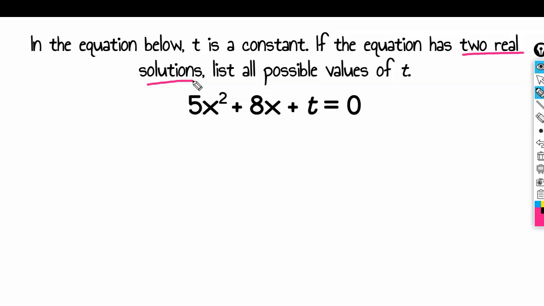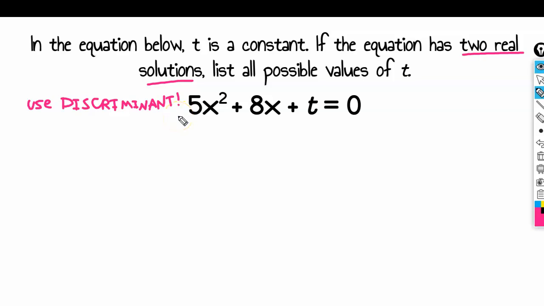When it talks about the number of solutions that it has, this is how we know we are going to use the discriminant. Sorry, it's going to take me a second to write. Discriminant. All right, so with the discriminant, and you might need to make a table of this, the number of solutions that it has tells you